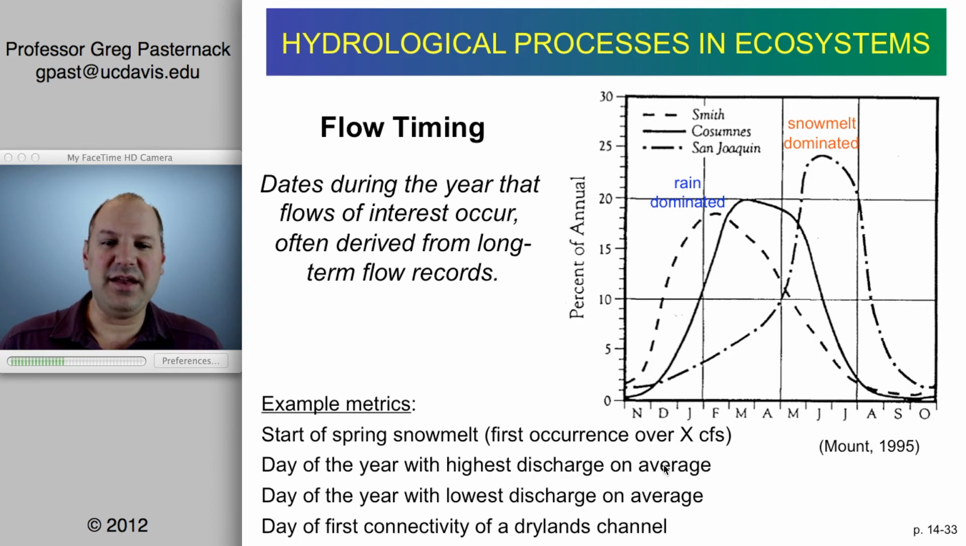Flow timing is the next metric. This relates to the dates during the year that flows of interest occur, often derived from long-term records. Typically, this flow timing has a lot to do with whether runoff is due to rainfall or snow or snowmelt